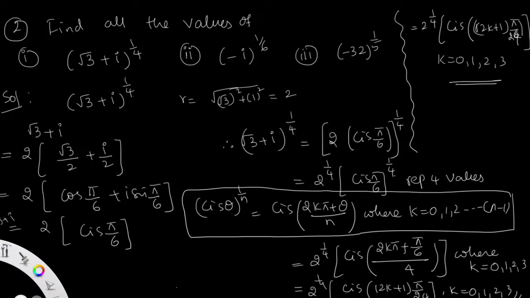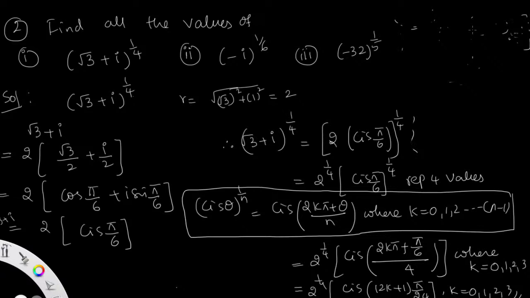This is the answer. So first, what we have done here is the formula: (cis θ) to the power of 1/n is nothing but cis of (2kπ + θ)/n, where k = 0, 1, 2, 3. So first convert the question: it is given as (√3 + i) to the power of 1/n form. So that is why you have to write it as